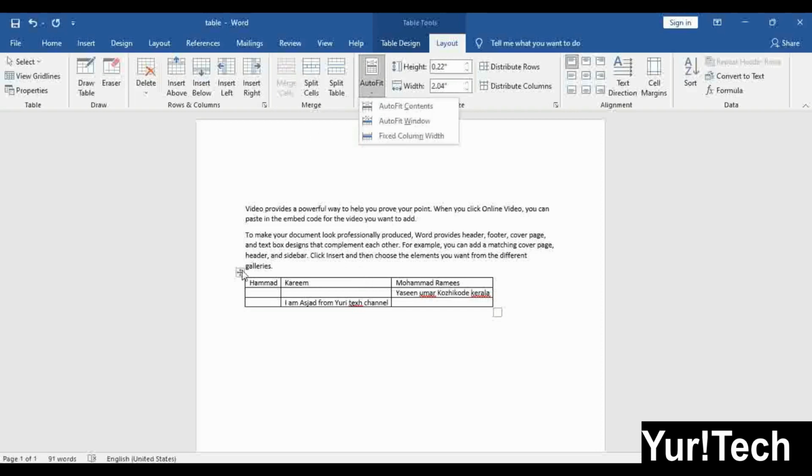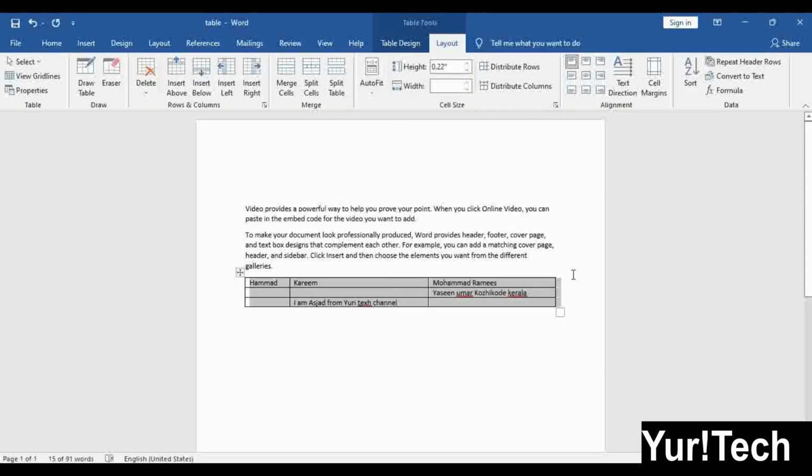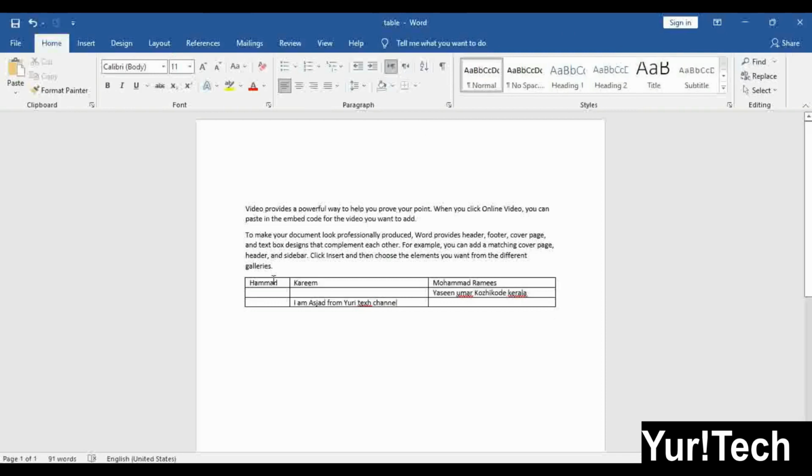So this is the difference between auto fit contents and fixed column width. Then if you apply auto fit window, there will be no margin between the left side of the page and the left side of the table, and the right side of the table. Next comes